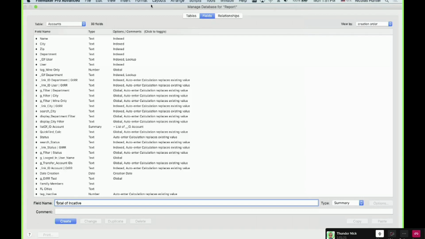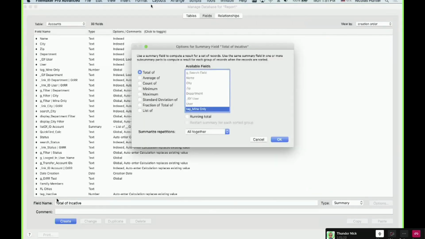For example, here I want the total of inactive. I want this to return how many records I have inactive. So I want the total of all the records I found where the tag is inactive.